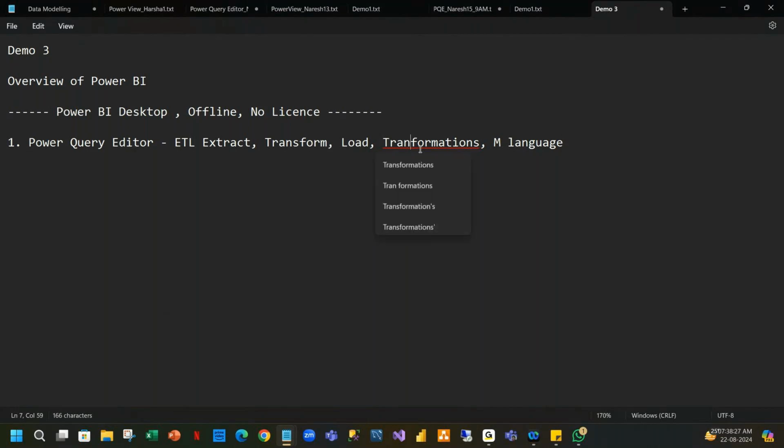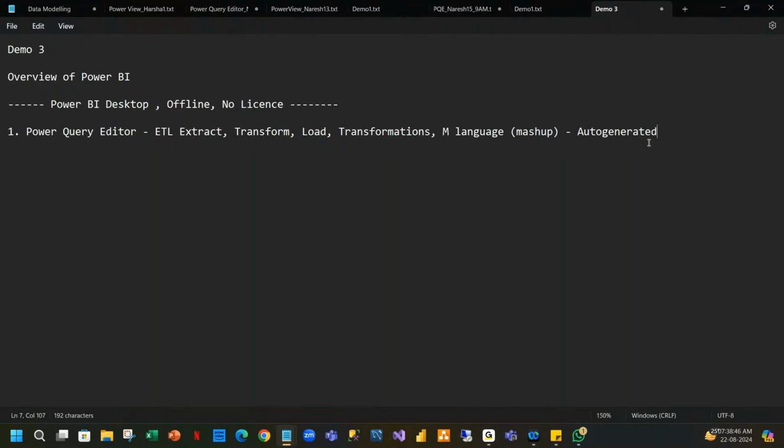Do we have to learn this M language? M stands for mashup. No, it is not required. This language is auto-generated. You will not learn this. Automatically, when you click on an option and perform the transformation, you can see the language generated. Okay. And the second module we have is